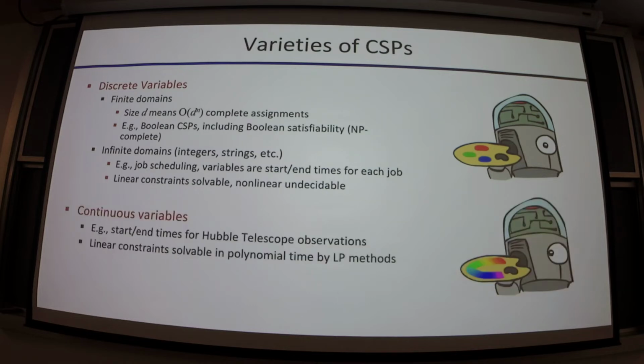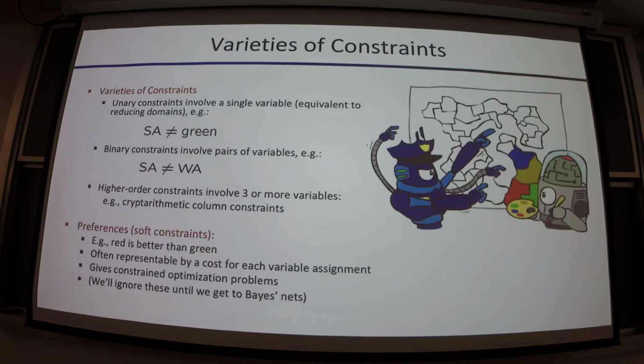We can also have continuous variables. This is like start and end time of various things. So your scheduling doesn't look discrete but now has continuous values, for instance. And if you have continuous variables and linear constraints, that is linear programming. Who here has heard of linear programming? Okay, so that's covered earlier on, that's great. With linear constraints and continuous variables, we can solve that in polynomial time using simplex methods, etc.